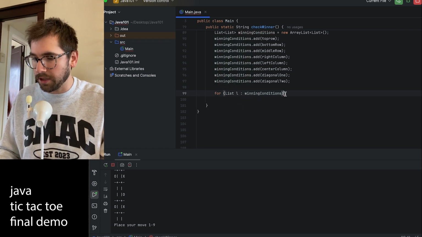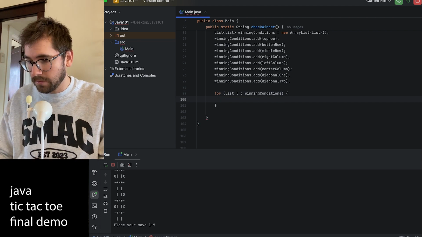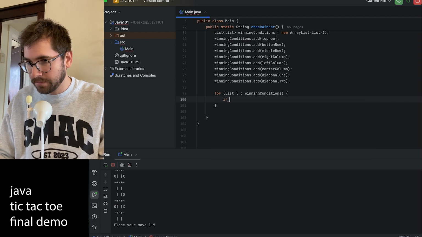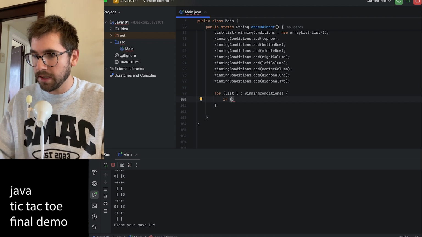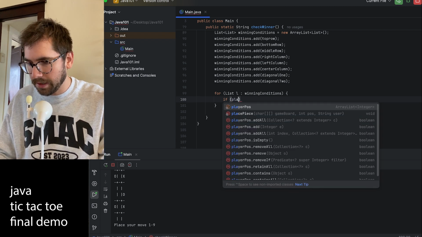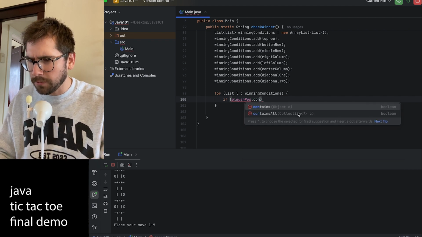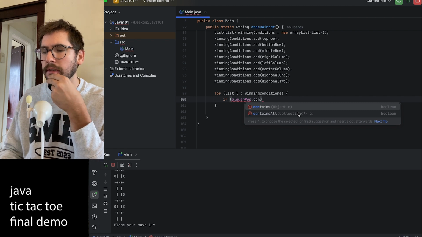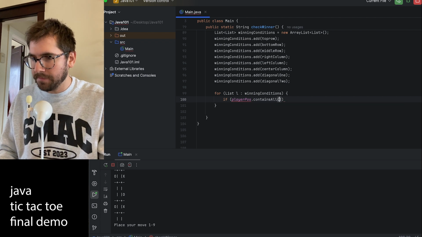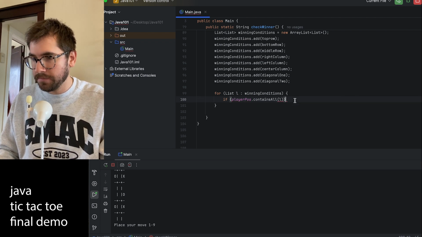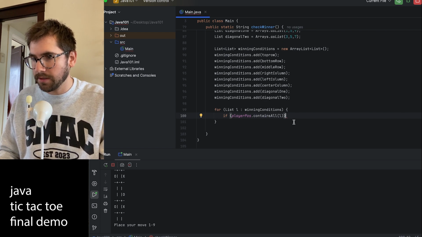Curly brace, if player positions dot contains all. I think we want contains all L. If player positions contains all L, which would be like one of these lists,